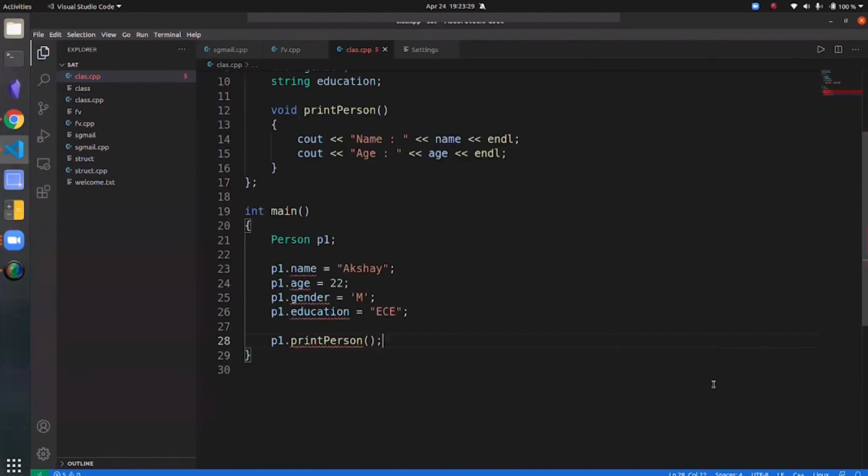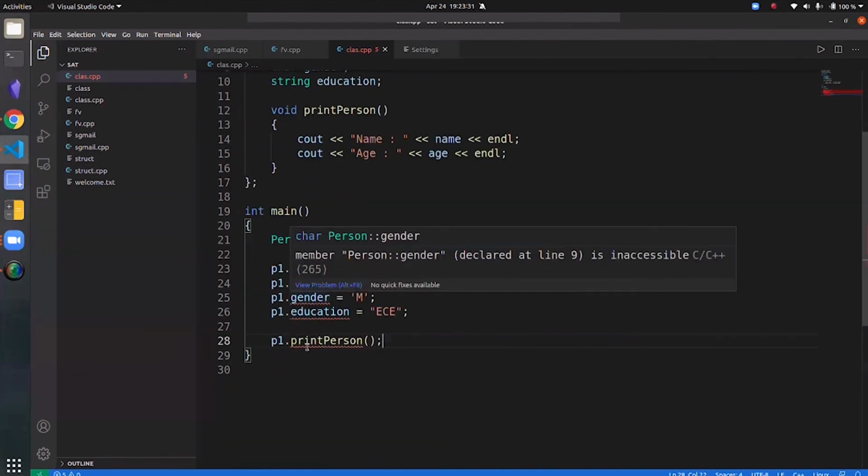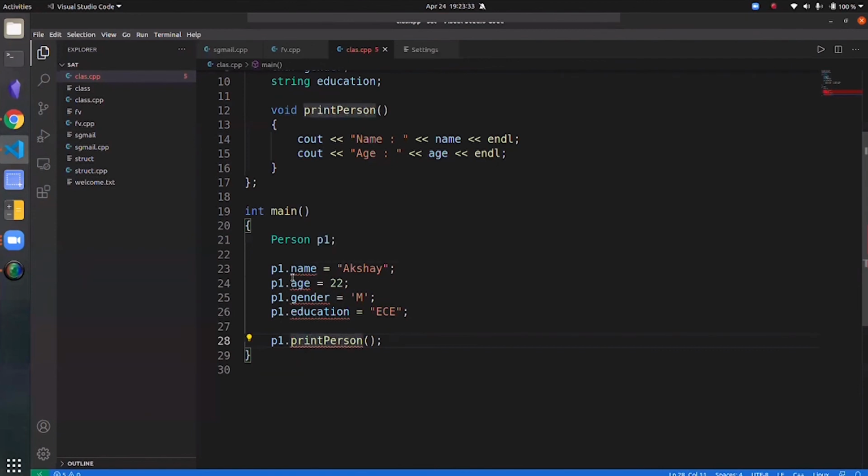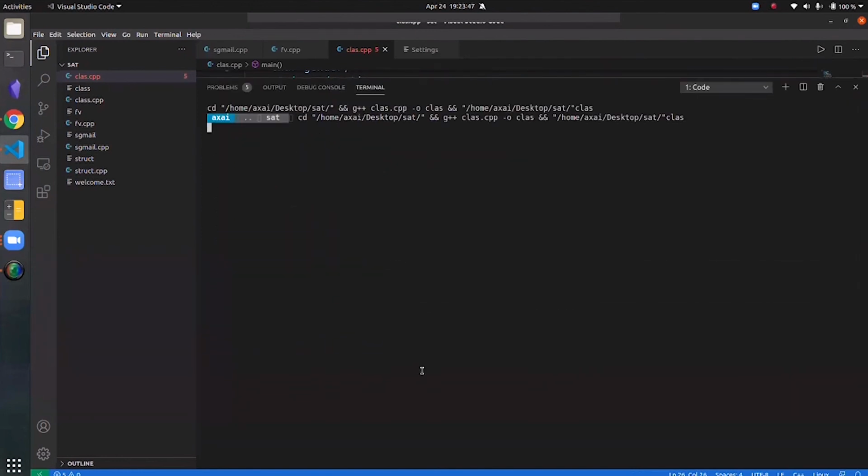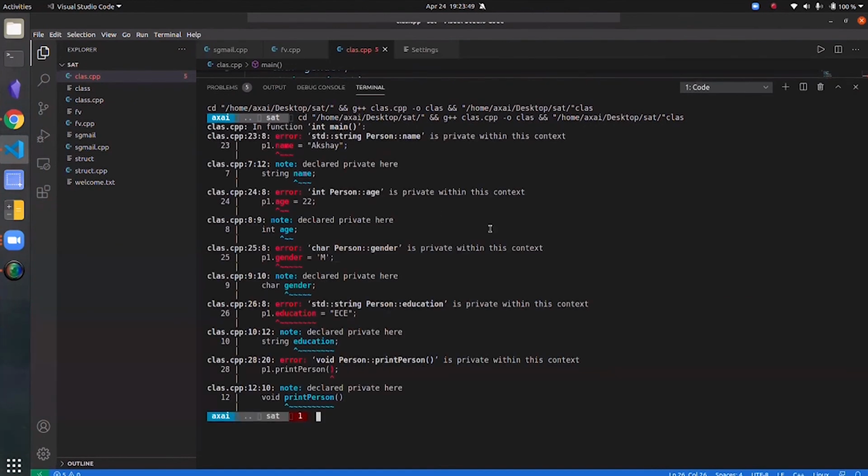I think a lot of you guys have observed this already. We have these red squiggly lines underlining these statements. It simply means that there's an error. So let's see what error it gives me. Error: std string person name is private within this context.